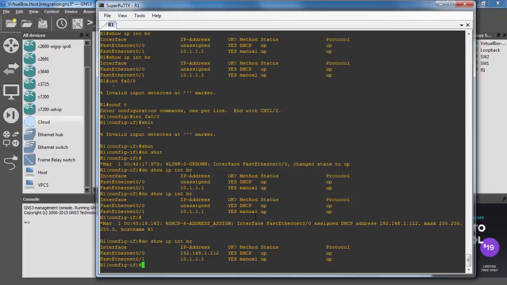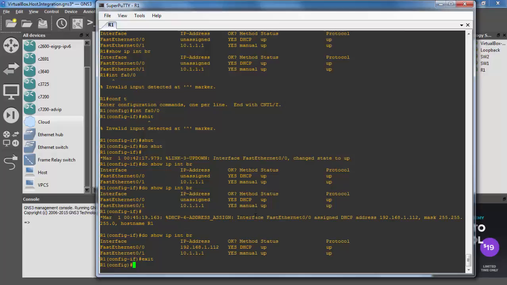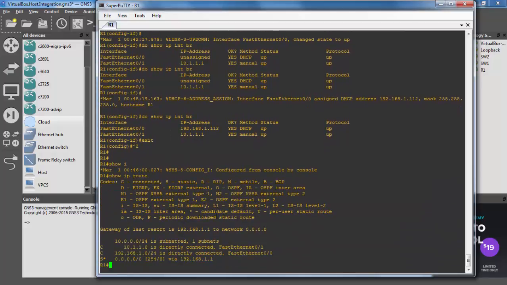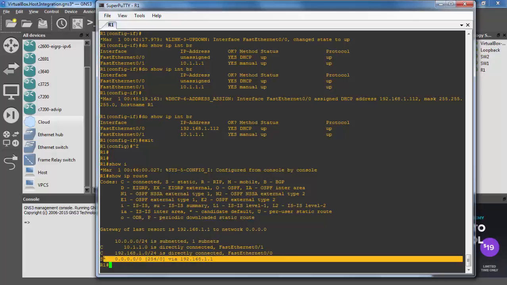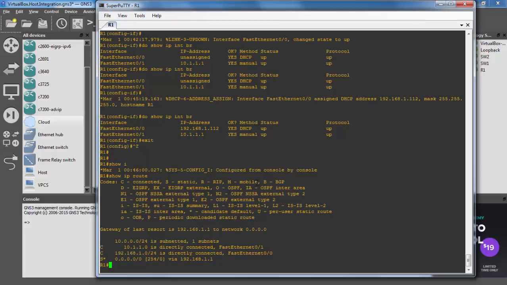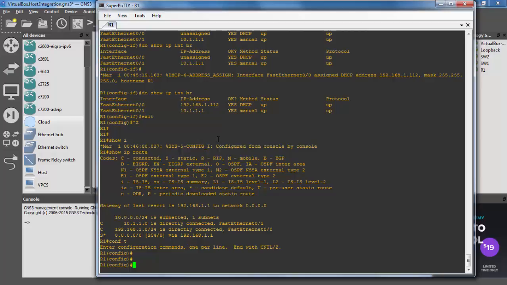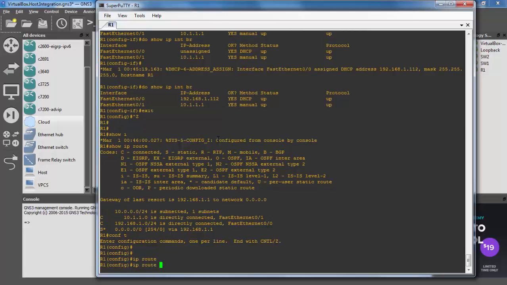And now we need to see how our routing table is looking. Oh, excellent. Oftentimes I've seen that you have to add a static default route. In fact, we'll do that now just for practice. But as you can see, it's in the routing table already. We'll do ip route, we'll add the 0 route, and we'll do it to